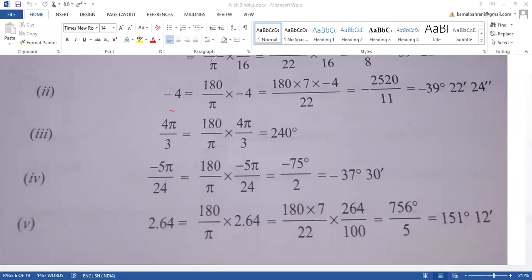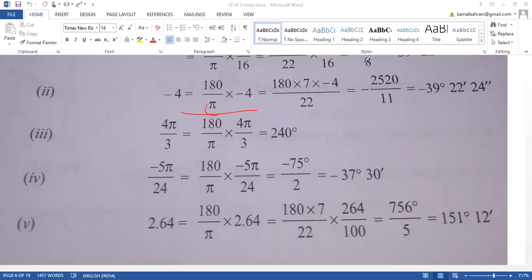Is there a need to tell you why we have multiplied it by this? We know that 180 degree is equal to pi radian. So pi is equal to 180, so we can write 1 radian is equal to 180 by pi. So 4 radian will be equal to minus. You keep the minus only. There is no problem because in the end also you can start with +4 and then at the end keep minus, or continue with the minus sign everywhere. Clear? Then 4 radian will be equal to 180 by pi into 4. That is what they have written, -4, sorry. It was -4 here, so -4 we have written. Clear? So this step must be clear to you.